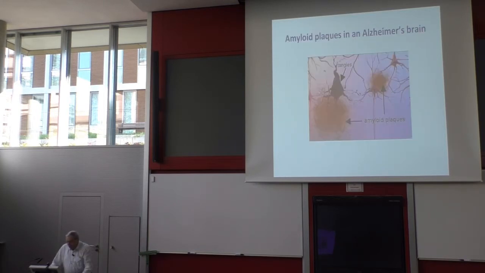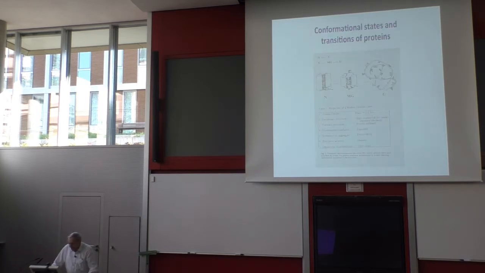And here you see some of these plaques within the brain of an Alzheimer's patient. With my colleague Weizmann, he and I have spent a lot of time looking at the dimeric form of acetylcholinesterase as a model for a partially unfolded protein, because when you put the protein into mild denaturing conditions, it produces a partially unfolded dimer, which is very stable over long periods of time and allows us to do a lot of physical chemistry on it. But I'm not going to talk about that. And here you see this conversion of an enzyme from a native to a molten globule to a fully unfolded